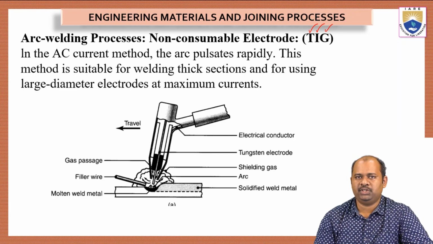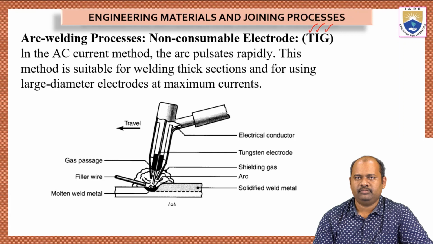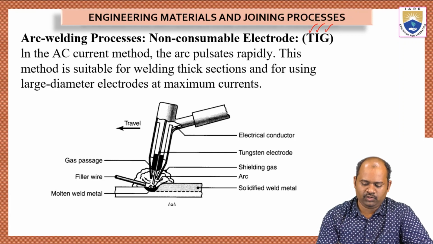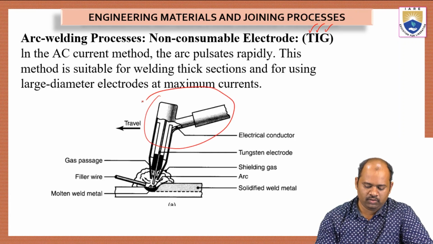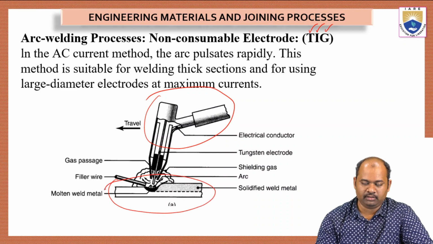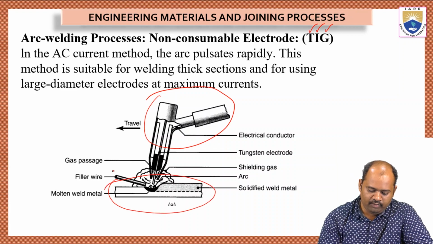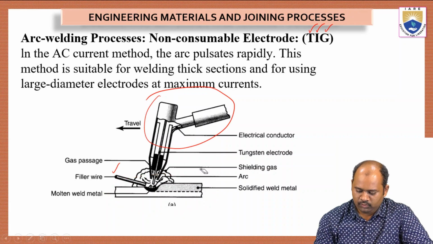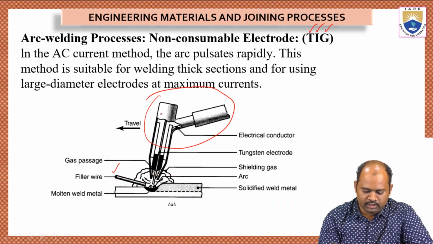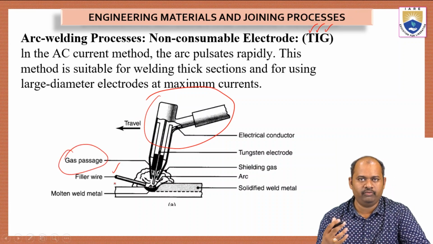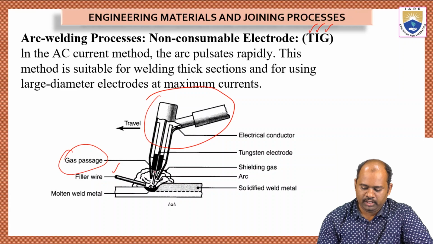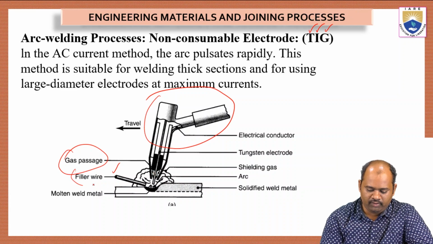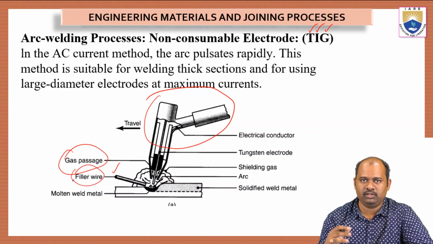We can see in this picture there is an electrode, and we have a plate here. And then we have a filler rod. When we see all the parts, we have the gas passage where we send the gas to flow onto the joint, and then we have filler wire which is melted onto the surface of the